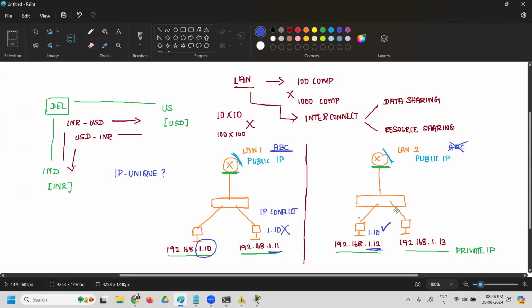Now I'll also tell you the last thing for today, that is the private IP range. For each class there is a range, right?